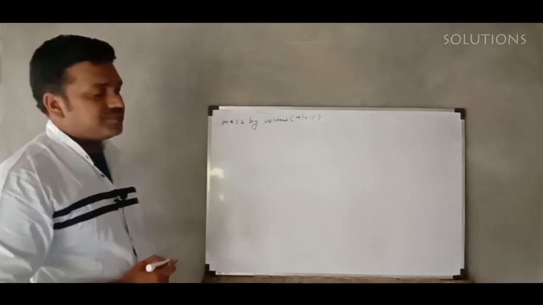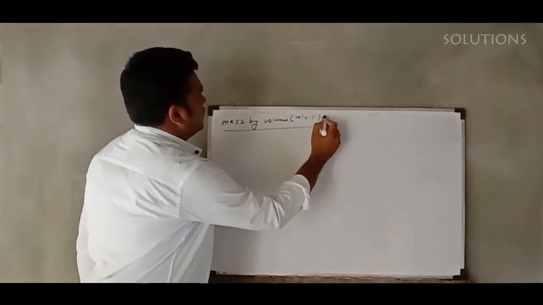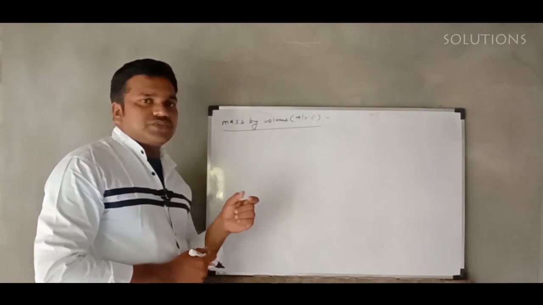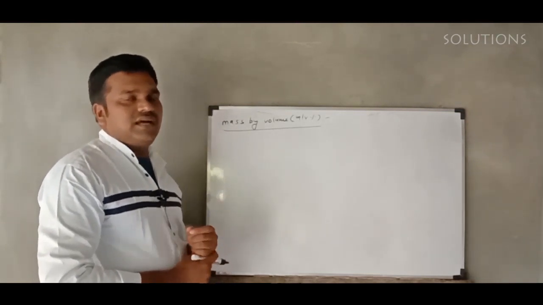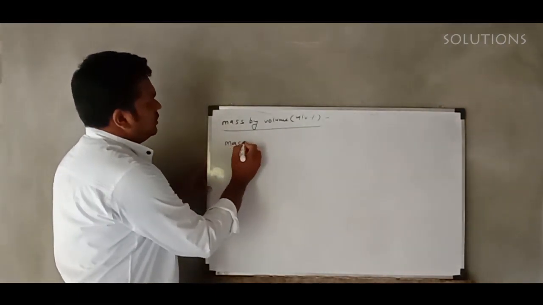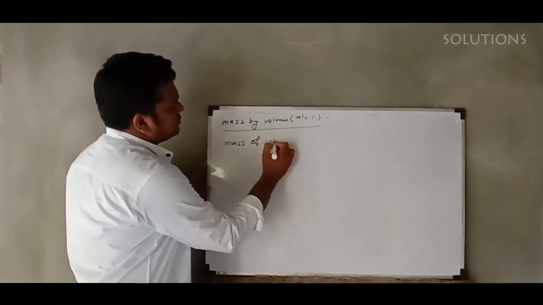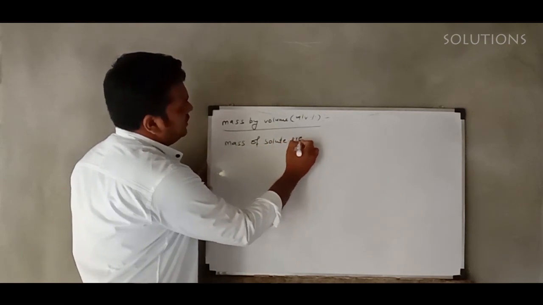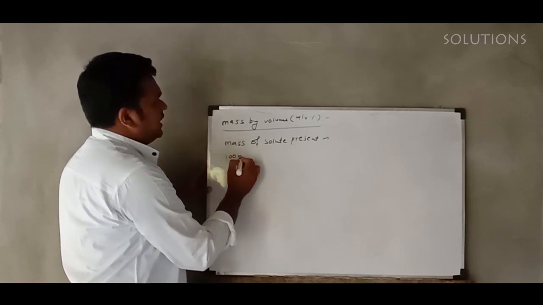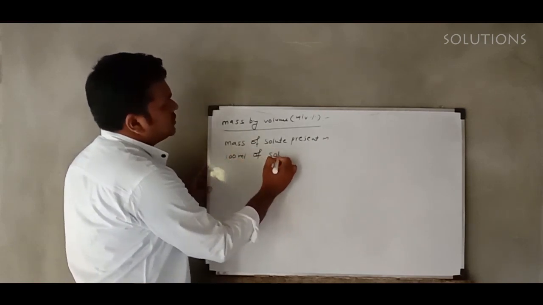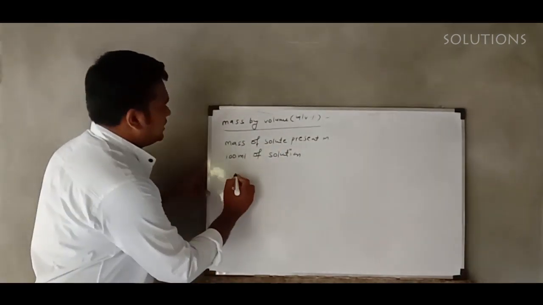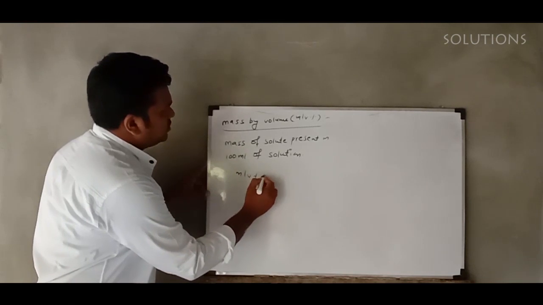Mass by volume percent. What is this mass by volume percent? Mass by volume percent means mass of solute present in 100 ml of the solution. Let us see the definition here: mass of solute present in 100 ml of solution. So we will write that formula like this: mass by volume percent is equal to